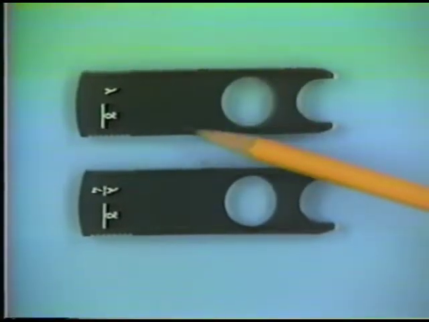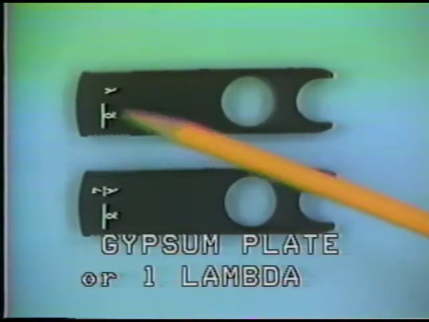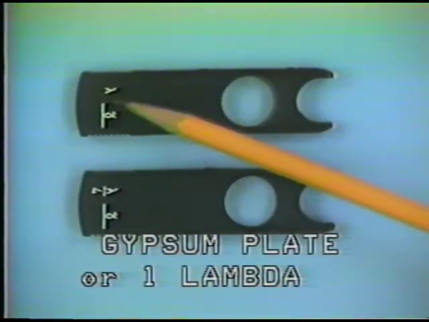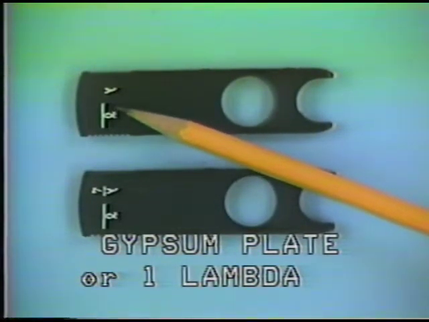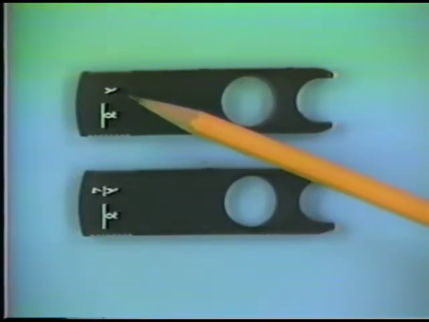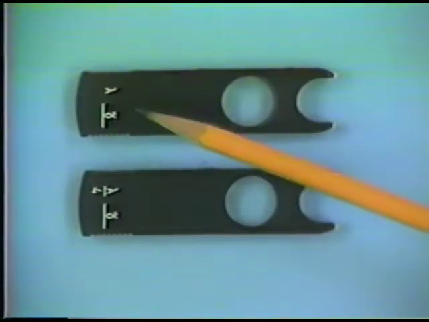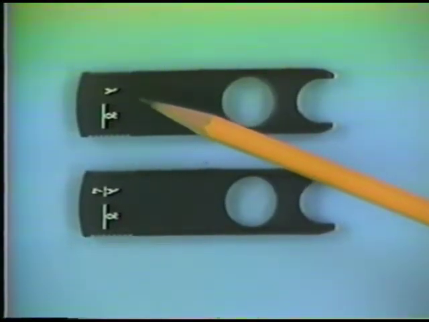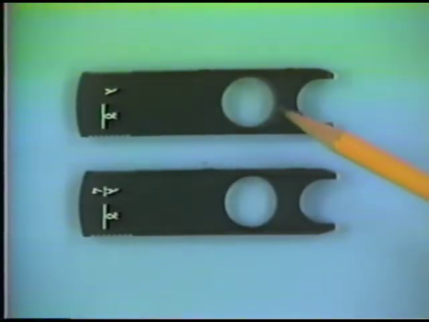This one is called a gypsum plate. Gypsum plate is also, if you look closely here, you can see the little letter lambda. Lambda stands for one wavelength of yellow light in this particular case, because the lambda that's referred to is exactly 530 nanometers. We'll learn what that means, but that's essentially one wavelength of yellow light. That's what it corresponds to. So it's called a one lambda plate, or a gypsum, very commonly a gypsum plate, and that's because the material